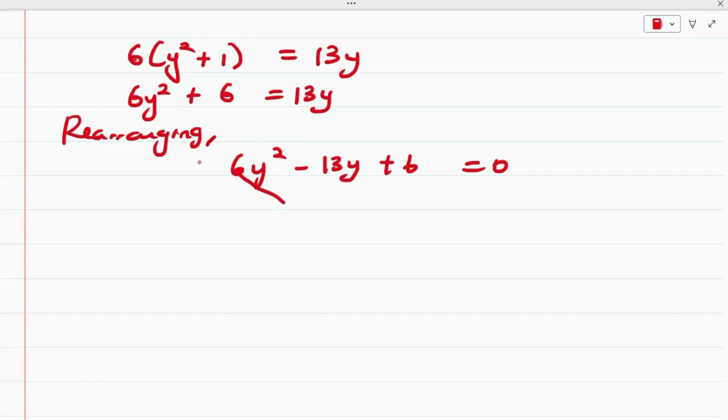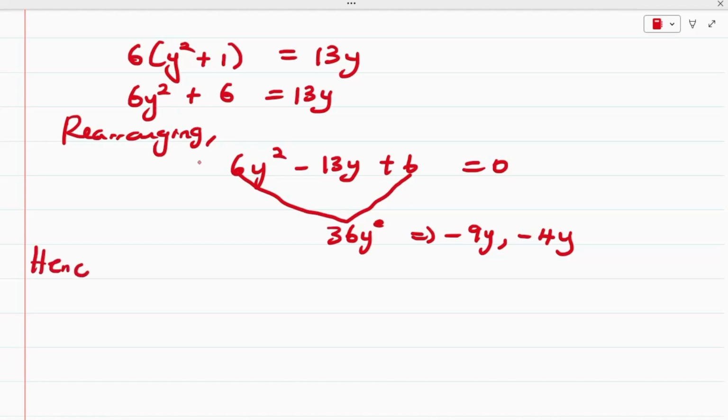So factorizing this, we're going to take this and multiply it with the last one. So multiplying this, we have 36y squared. So you look for a number that when you multiply them, it's going to give you 36, and when you subtract them, it's going to give you 13, and we have that to be minus 9y and minus 4y. If you multiply minus 9y times minus 4y, we're going to have 36y squared, and if you add minus 9y minus 4y, it's going to give us minus 13y. So in place of minus 13y, we are going to add in minus 9y and minus 4y. Hence, we have this equation to be 6y squared minus 9y minus 4y plus 6, and this is equals